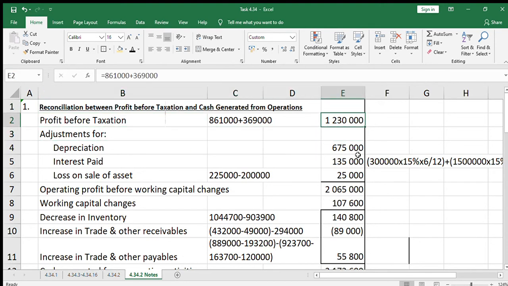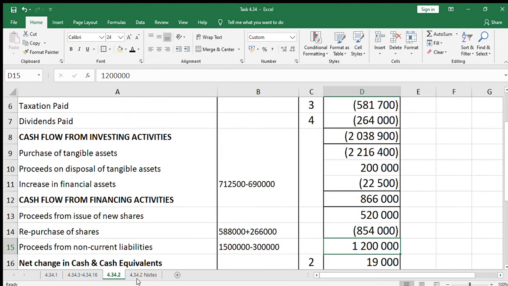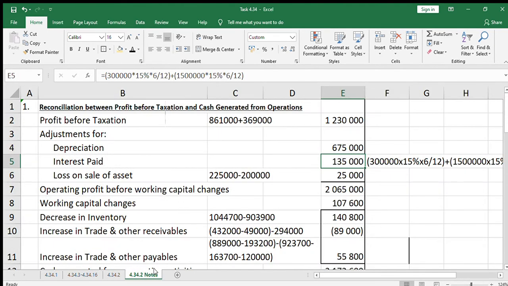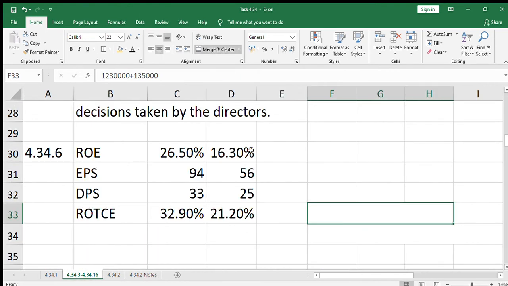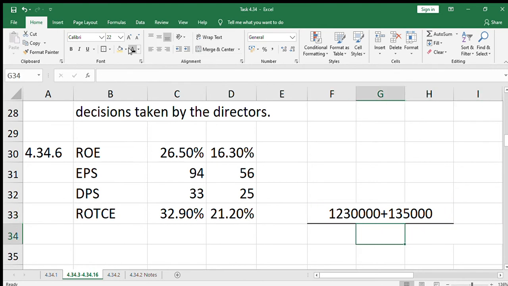The figure is 1,230,000, and the interest is 135,000. So when we say net profit before interest and tax, we take those two figures and add them: the 1,230,000 plus the 135,000 interest. Then we're going to divide this by the